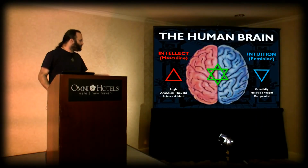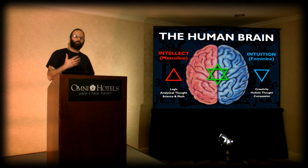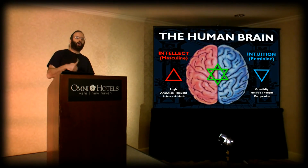If this part of the brain is chronically dominant, the left part of the brain, okay, what happens is the right side of the brain is imbalanced. It's not really functioning at a higher level, okay? And the limbic brain will actually suffer that effect, okay? It will also start to shut down. So you will have a lot of left brain patterns going on and a lot of left brain processing going on. But if that's all that's happening and we're not using this part of the brain equally,